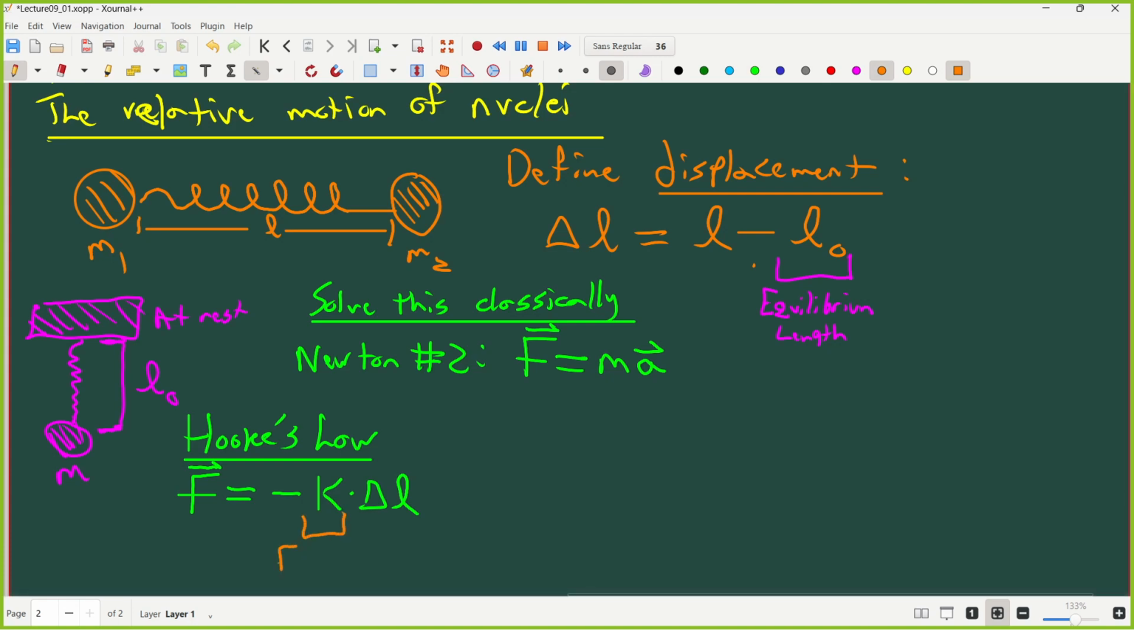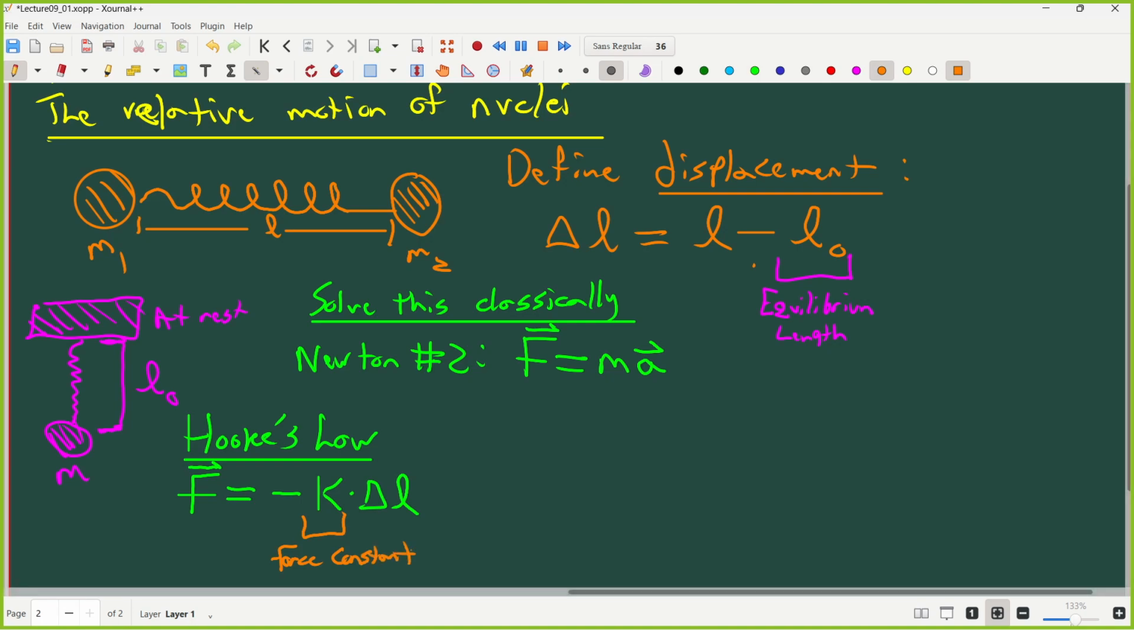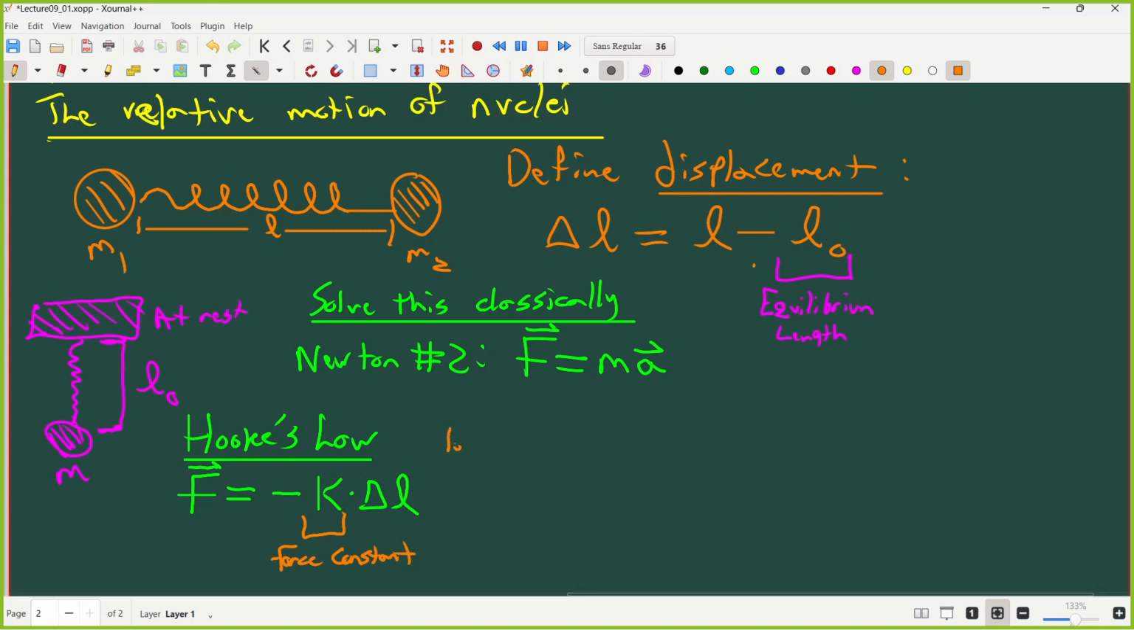This is called the force constant. Every spring has a force constant. It tells you something about the stiffness. So large k means a stiff spring,